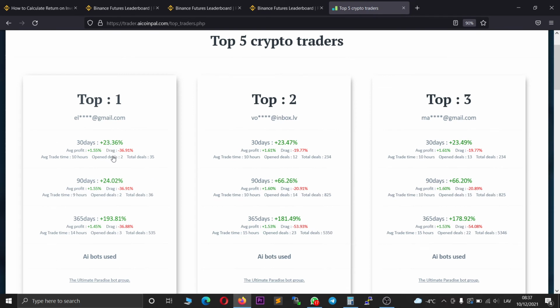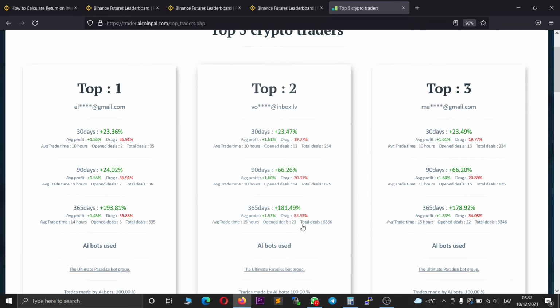However, here you can see the downdrag, open trade time, how many open deals you had, and how many total deals it made. So for the month, these are really few deals. These are quite okay deal counts. I mean, the downdrag is really good. Any downdrag below 50% is really good. So here you can see in a year, Bitcoin maybe had some huge problems. It made minus 53%. However, this trader didn't manage to avoid that. But here you can also see the trade amount, average trade time, and open deals. You can see the data itself.